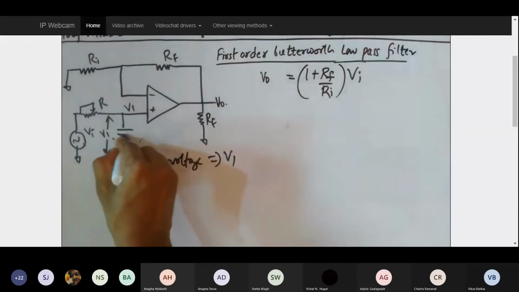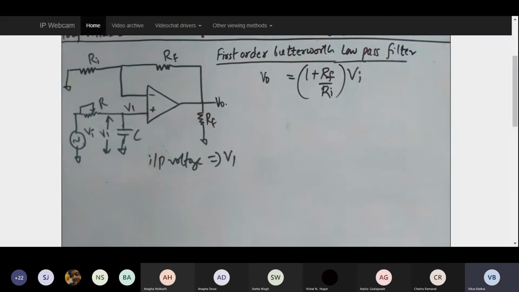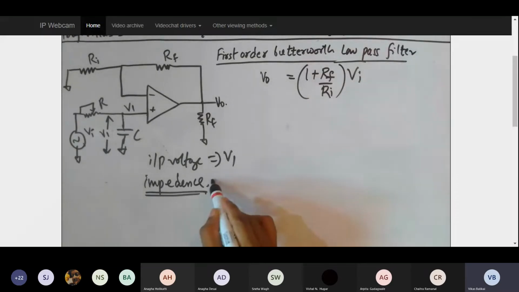Which means I'll be applying the voltage division rule only, but in the place of resistance, I'll be replacing it with a capacitance. So if a capacitance is involved, then I won't be calling it a resistance, I'll be calling it an impedance. Capacitive reactance, inductive reactance, I think you might have heard of these terms. Whenever I want to calculate the resistance across the capacitor, I won't be using the term resistance, rather I will be using the term impedance. And impedance of the C is represented by the term XC.